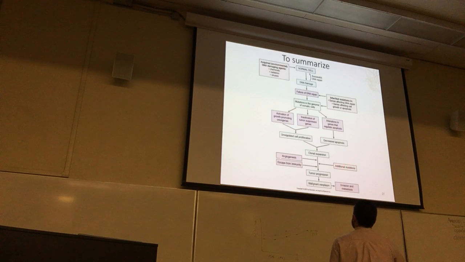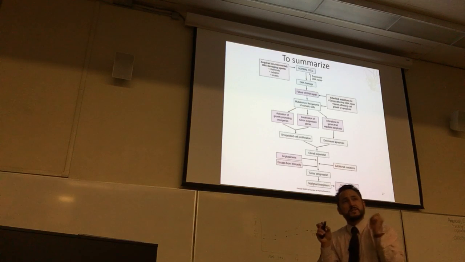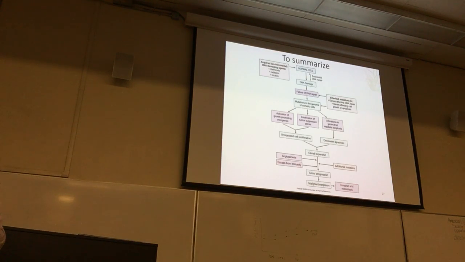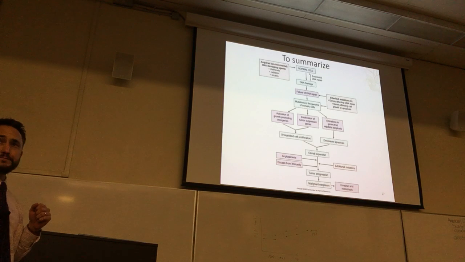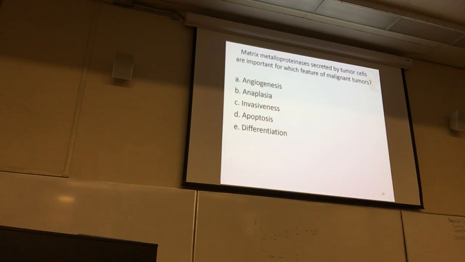You add in all these additional mutations like angiogenesis, escaping from immunity, maybe more collagenase production, so you can break through basement membranes really fast, and the tumor progresses. Okay? So if you can walk through this tree and insert the details, then you've got a really good handle on this section. You're looking pretty good. Okay? All right. In the remaining time, I want to talk a little bit about some of the statistics,